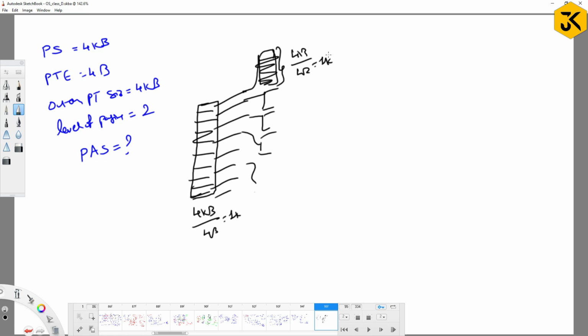Each and every inner page table page also contains 1k pages. Then what will happen? 1k into, so this is 1k and each will be connected to 1k. 1k into,